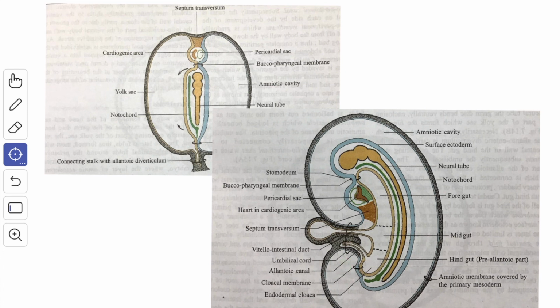The amnio-ectodermal junction converges on the ventral surface of the fetus as the primitive umbilical ring, where the connecting stalk meanwhile appears from the caudal end of the germ disc, and the connecting stalk is now surrounded by the tubular sleeve of the amnion and it is converted into the umbilical cord.